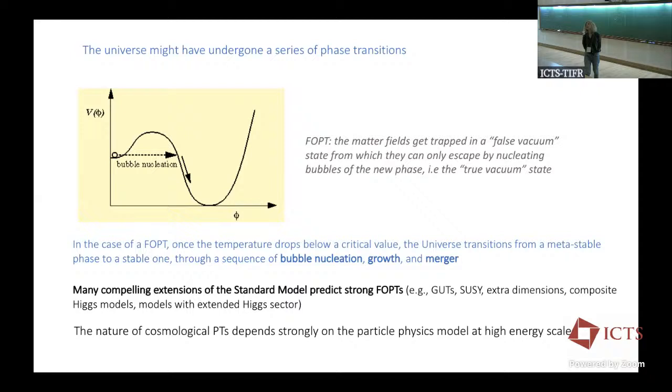So as it has been already said, you have many models beyond the standard model where your matter field is trapped in a false vacuum. And to go to the true vacuum, this happens through the formation of bubbles. You have bubble nucleation, and then they grow, they merge in the expanding universe. And those are the three ways, that we'll discuss, that can lead to the generation of gravitational waves. If you can detect such a signature, then you can have some indication of beyond the standard model of particle physics theories.